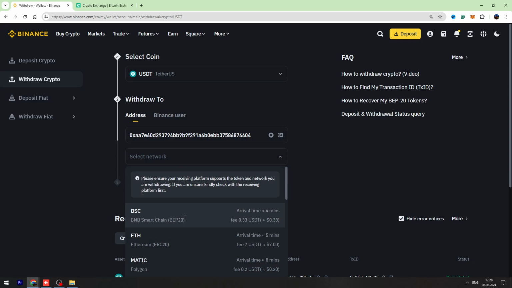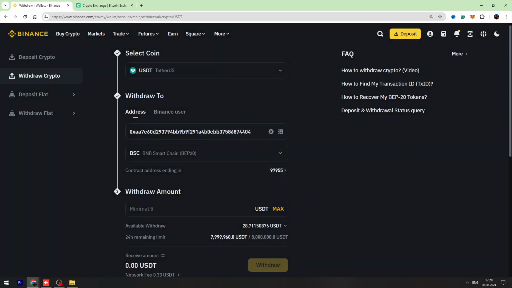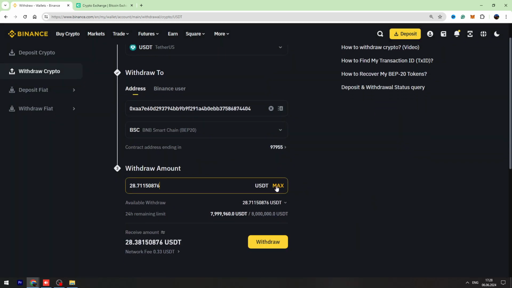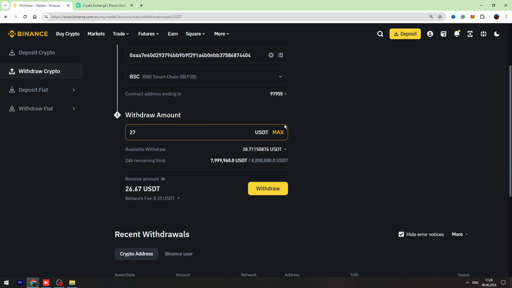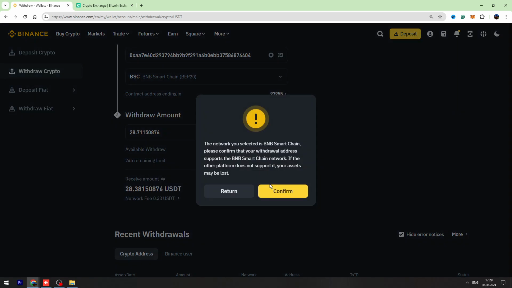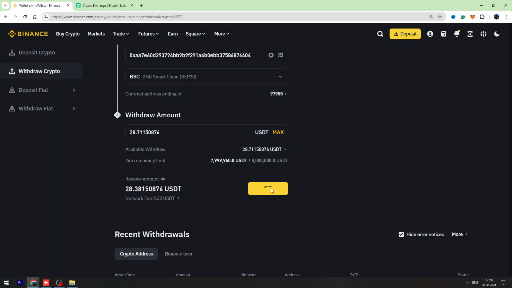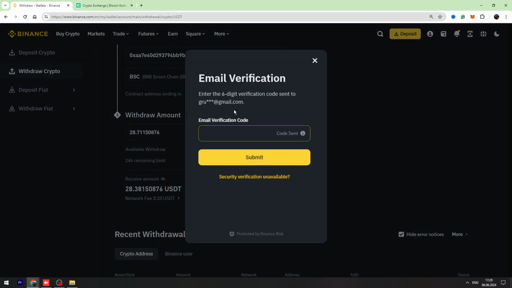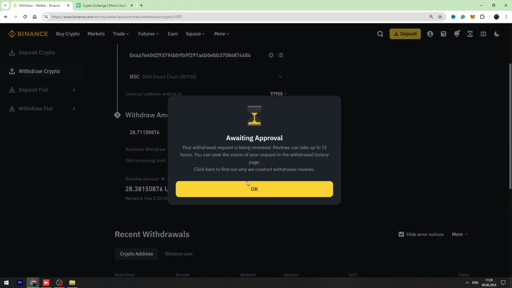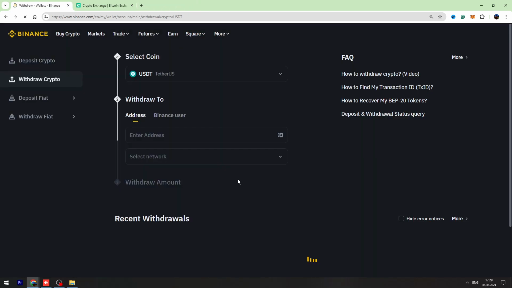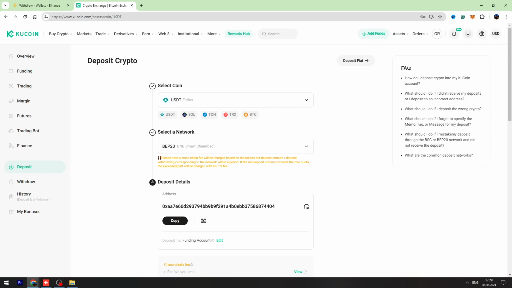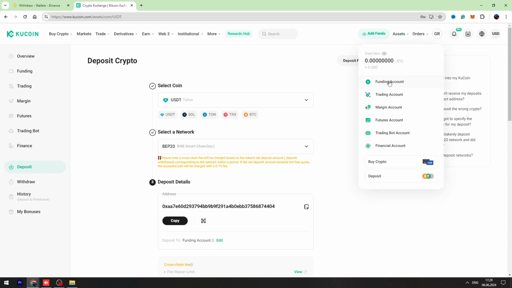Then select the network BEP20. Let's enter the amount of USDT we're going to send and click the withdraw button. Now we need to verify the transaction. And let's click OK. So we need to wait a few minutes and then we can refresh our funding account